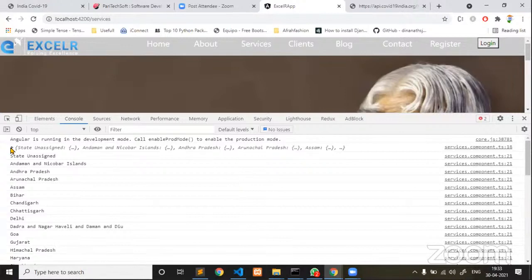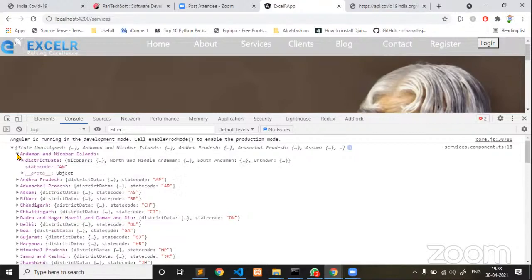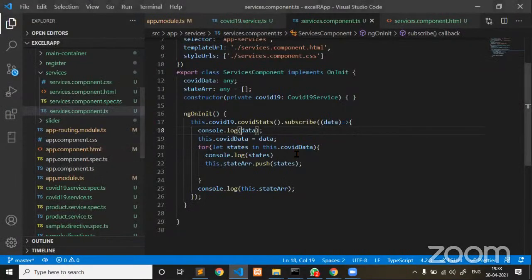so here the state, Andaman, Andhra Pradesh, but inside the state we have district data. So this district data also we have to keep pushing into my array. Now how are we going to push the district data? To print, you see here, I'll also push into the state array. What data am I pushing, please try to understand, my dear friends. In this covidData, let me push